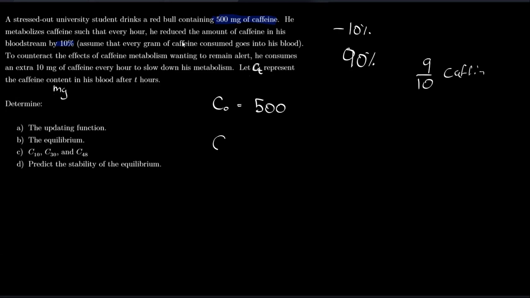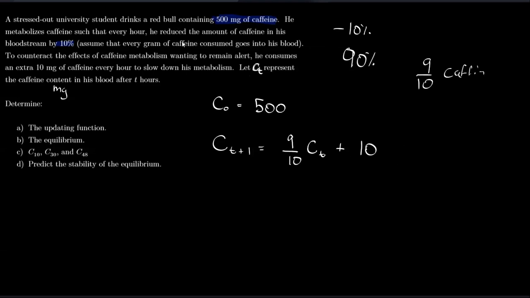And so what is the caffeine content an hour from now? Well, we know that it's a 10% reduction. So that's only 90% left. So 90%, we can also write it as 9/10. So an hour from now, we're going to have 9/10 of the caffeine we had before. That's our 10% reduction. But this guy consumes an extra 10 milligrams every hour. So we're going to add 10 milligrams here, because every hour, even though we lose 10% of what we had, we gain an extra 10 milligrams